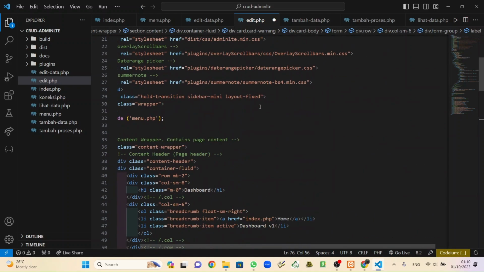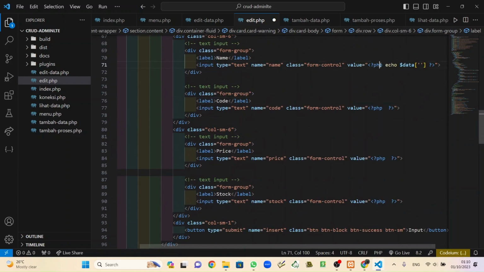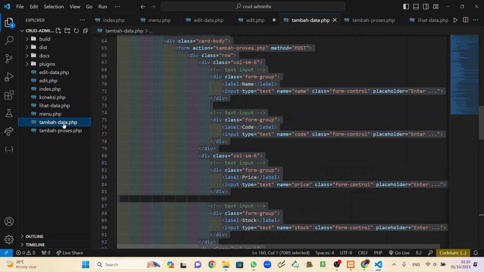So the first one, oh, we forgot to put something here. Echo PHP needs some connection, and also needs a query. So where does the data come from? Back to the earlier, I forgot to add tambah data.